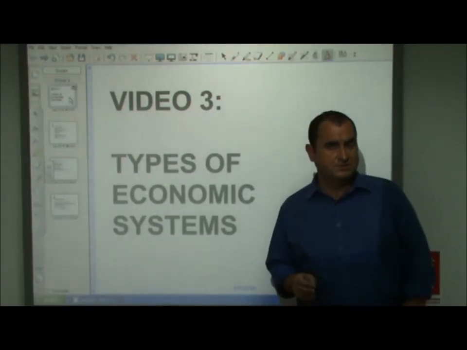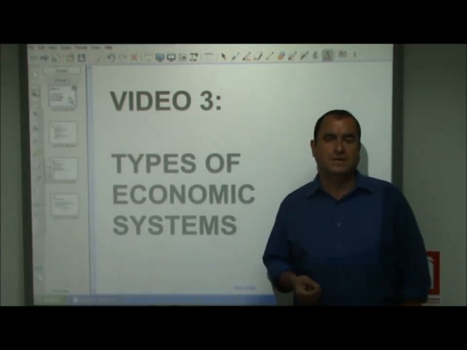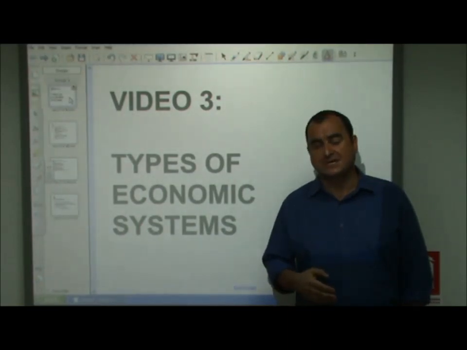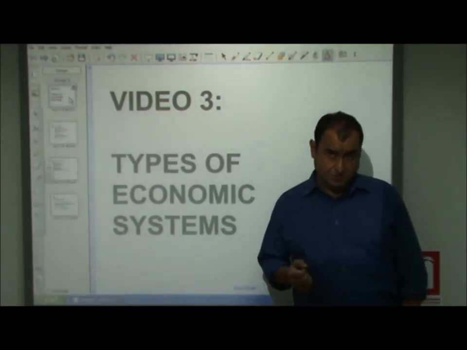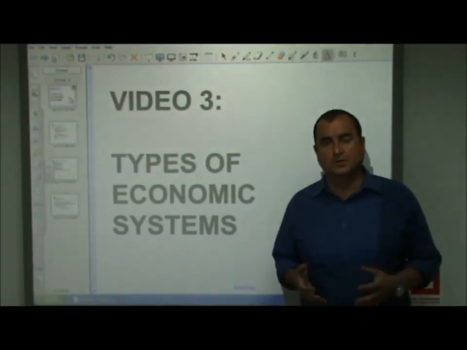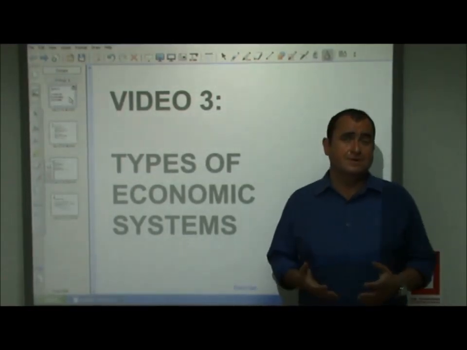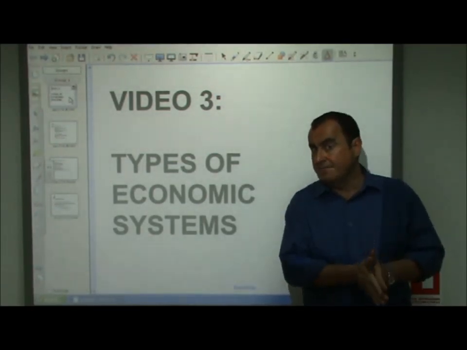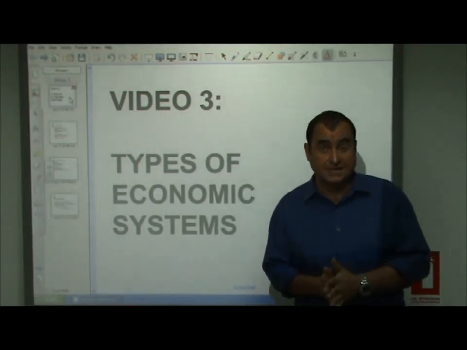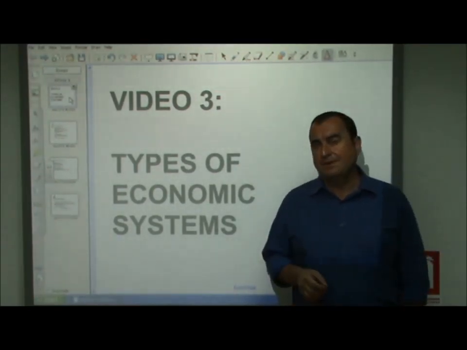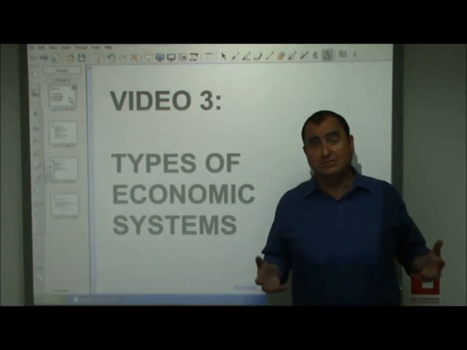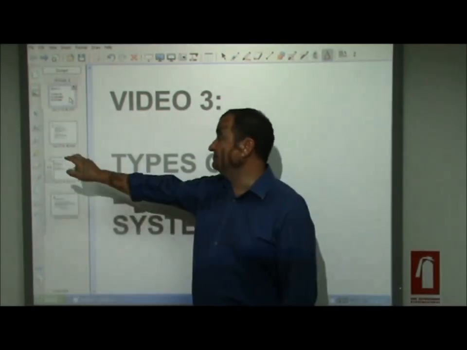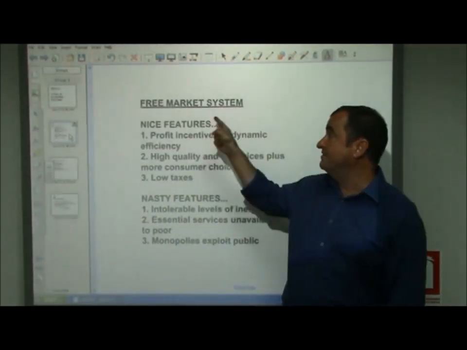But we should remember that it's possible for national economies to be set up in different ways and having different methods for allocating those limited resources. Now, most countries in the world have what's called a mixed economy. That means that there are some resources allocated by market mechanism and other resources allocated by the state through planning. But it is possible to have extremes, and that's what I want to look at here. So as we look at types of economic systems, the first type we're going to look at is the free market system.